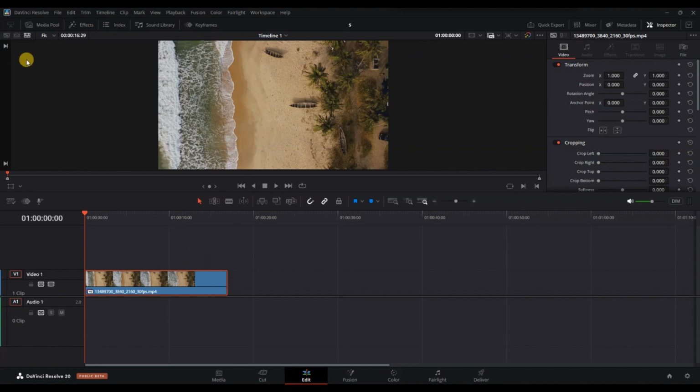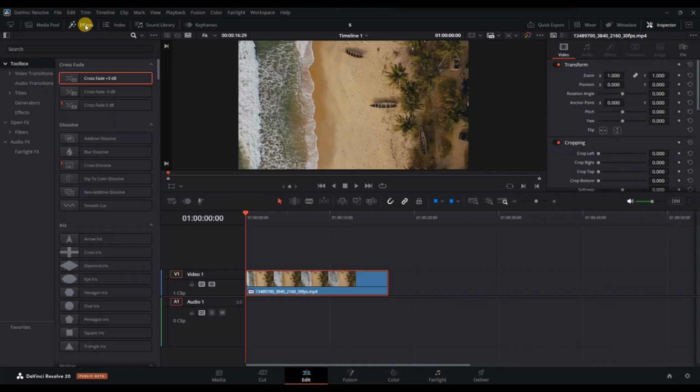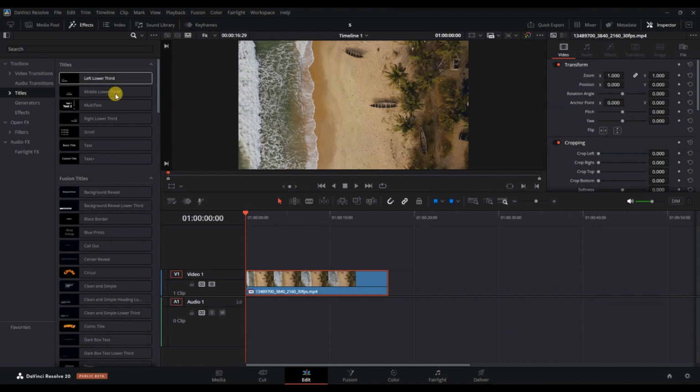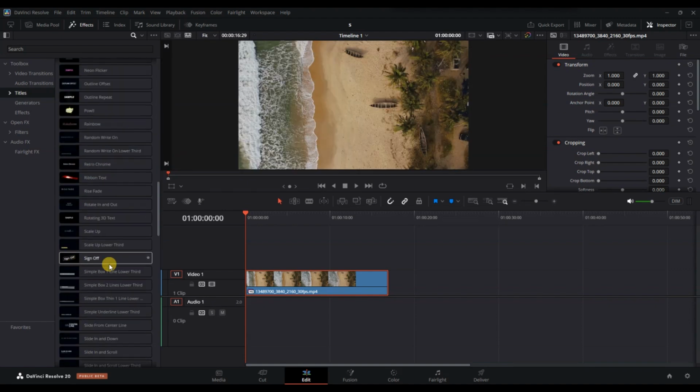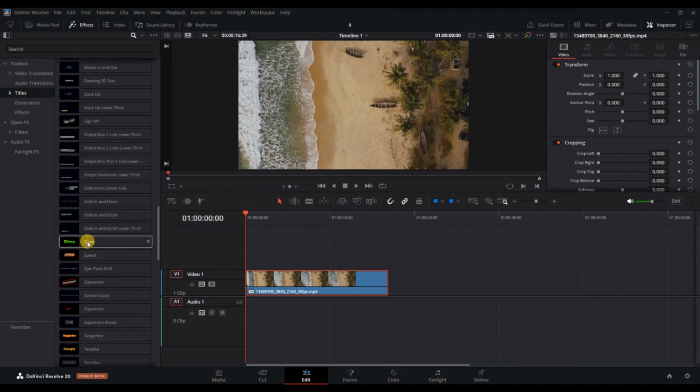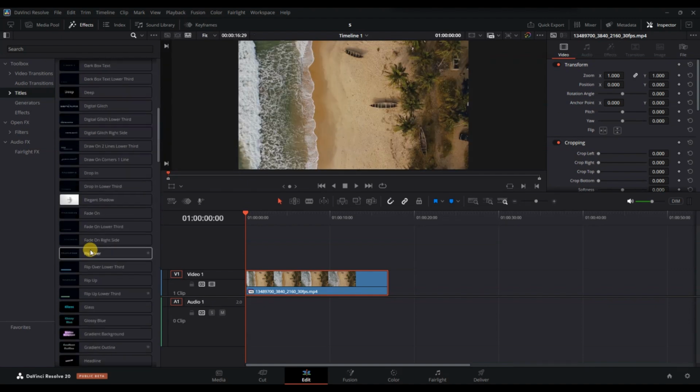Next, go to the effects library found on the top left panel. Under titles, scroll down and find the Fusion Titles section. You will see several 3D title templates here. Drag and drop the one you like onto your timeline, above your video clip, or wherever you want it to